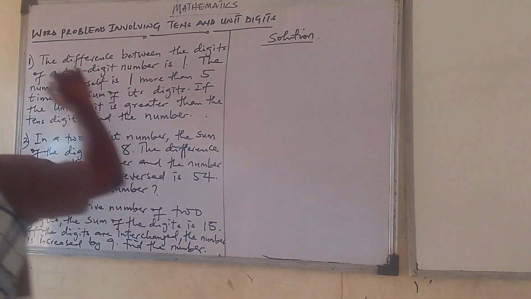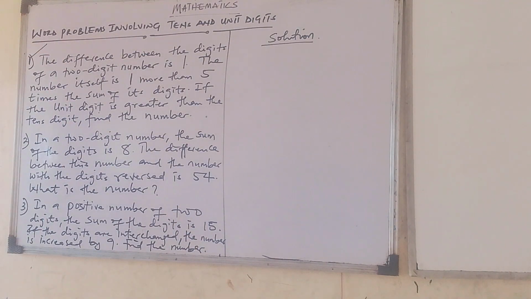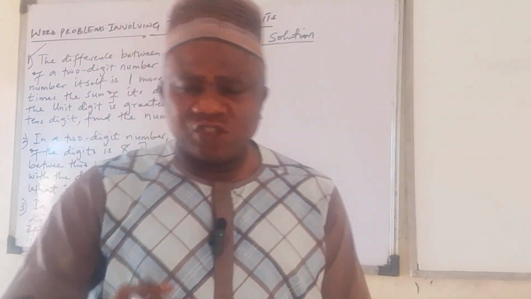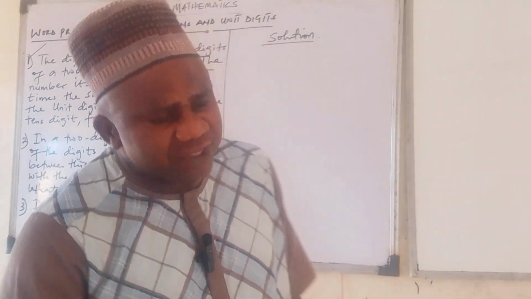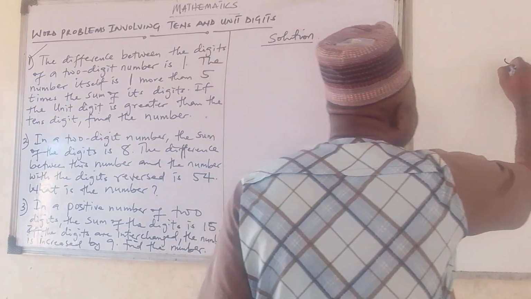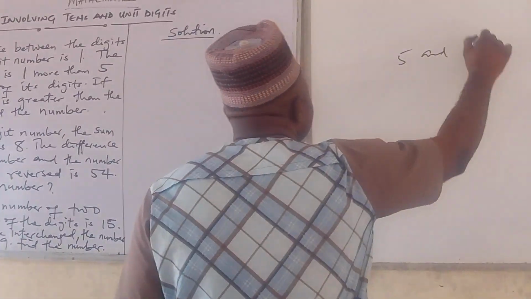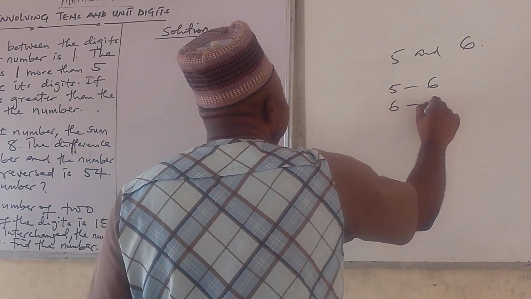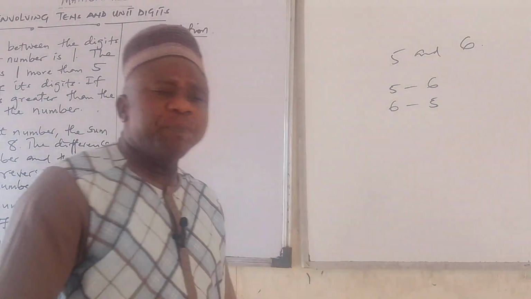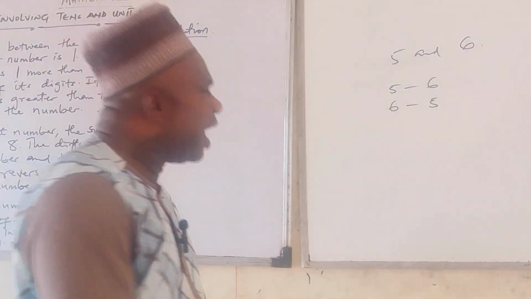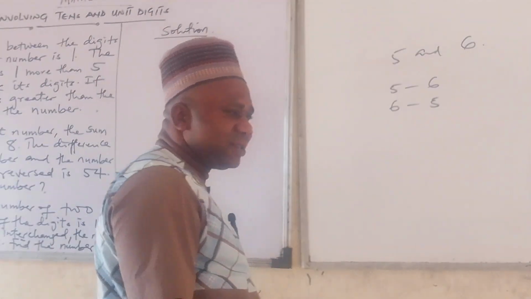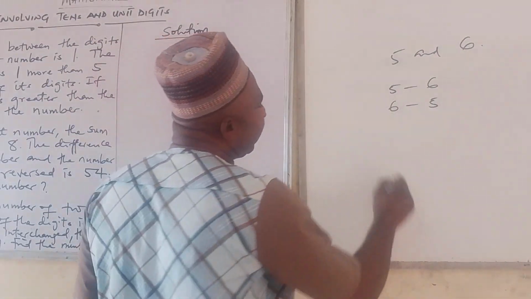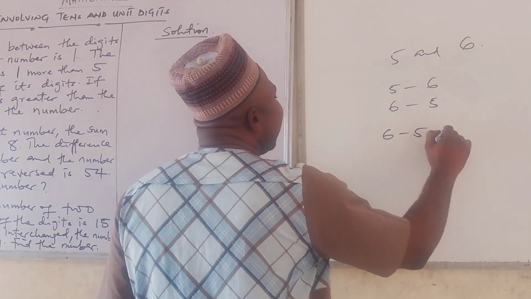Now, in mathematics, when you hear difference, it actually means subtraction. For instance, if I ask you the difference between 5 and 6, it can be 5 minus 6 or 6 minus 5. But when we say positive difference, it means the highest minus the lowest, the biggest minus the smallest. So the positive difference is 6 minus 5,